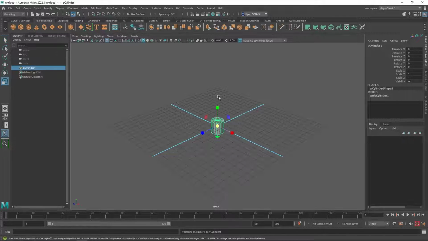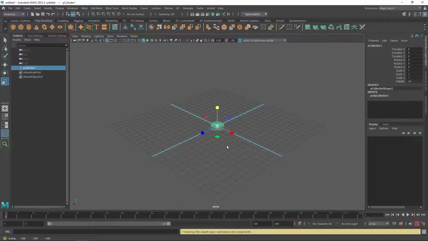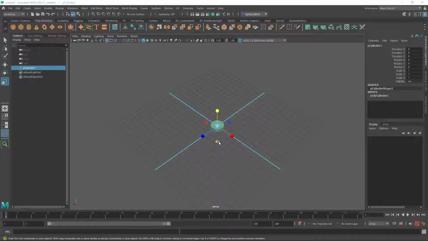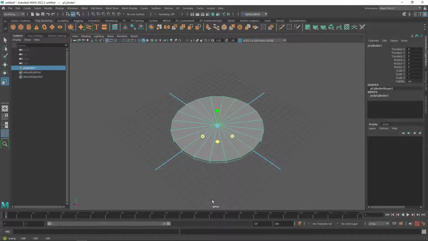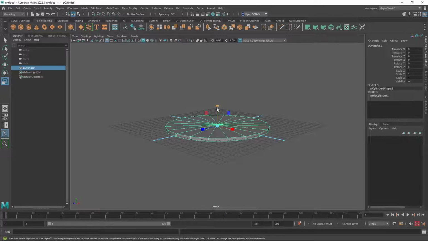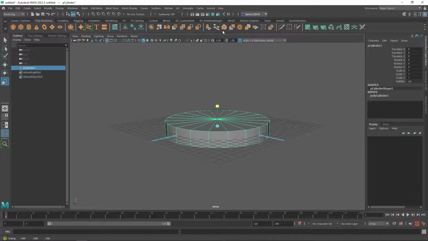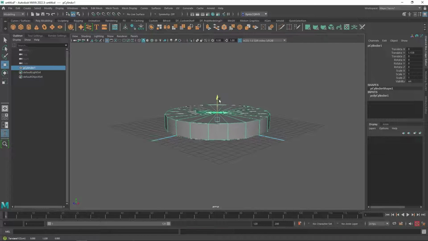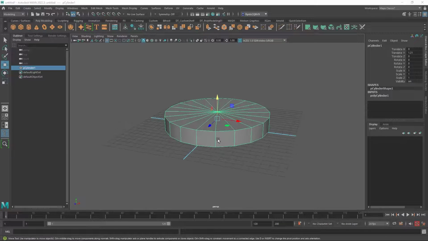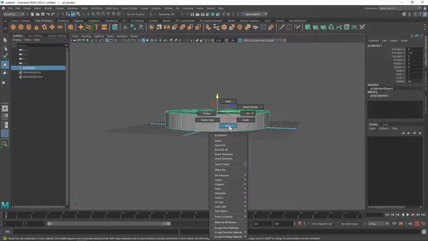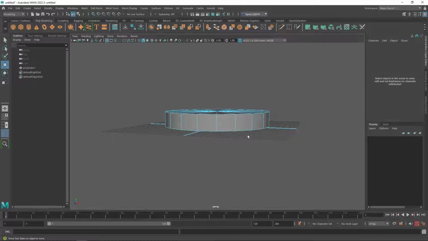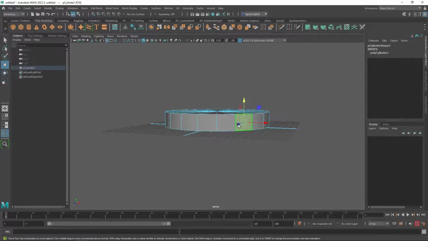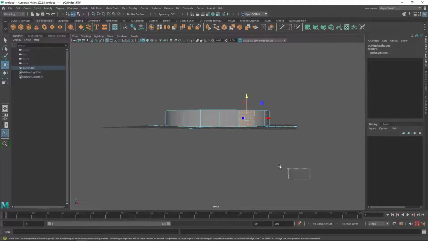And we're going to get the scale tool, and let's scale this down a bit, and then scale it out. Maybe we'll scale it up a little bit more. Now I'm going to start by deleting some polygons here that we don't need, or some faces. Let's rotate around so we see the side of this thing, and we're going to select all the bottom polygons,